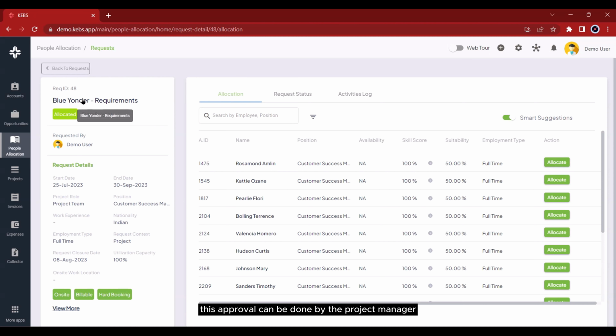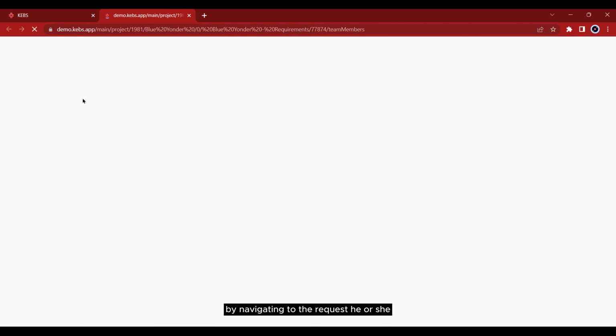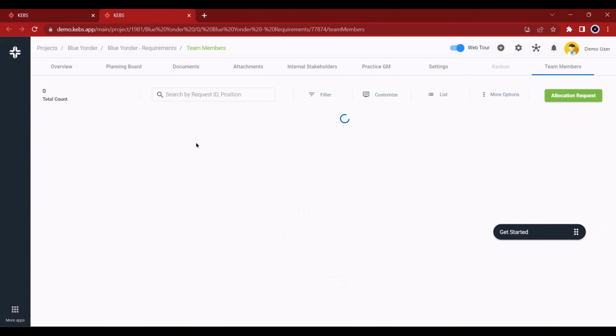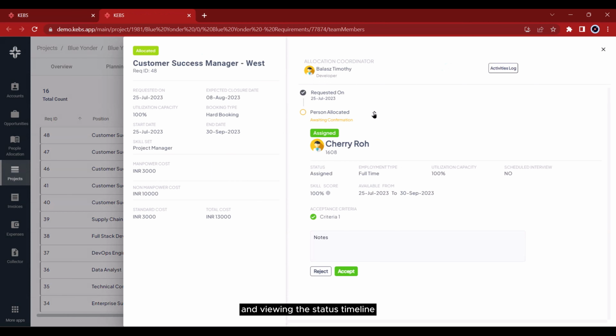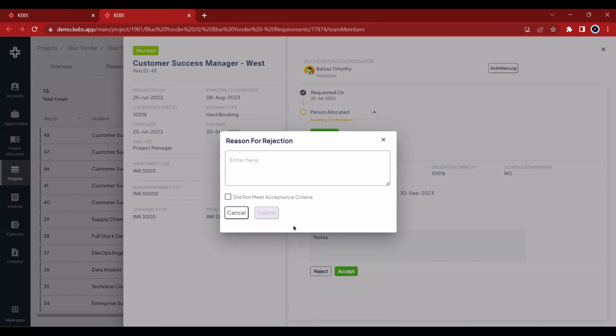request. This approval can be done by the project manager by navigating to the request he or she had raised within the project and viewing the status timeline, where the approve and reject buttons are present for the approval or rejection to be done. If the user rejects the allocation,